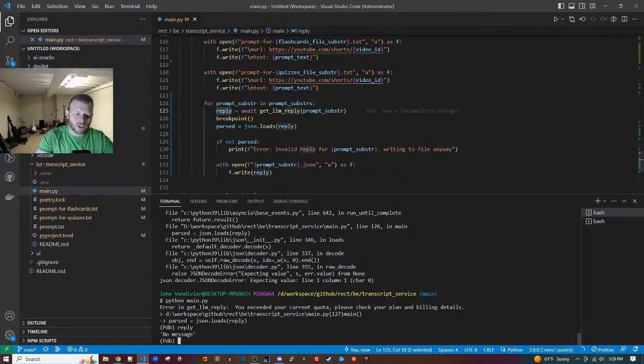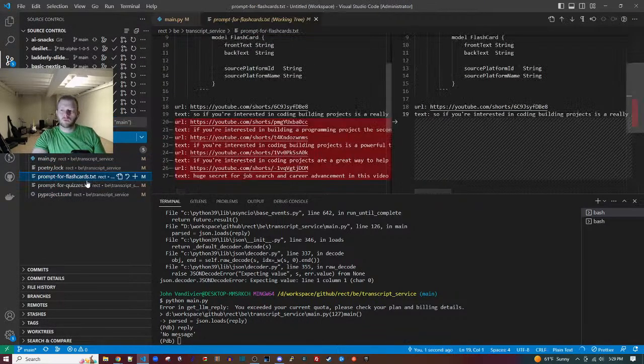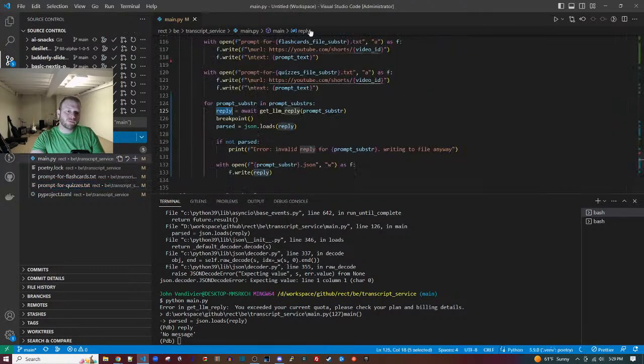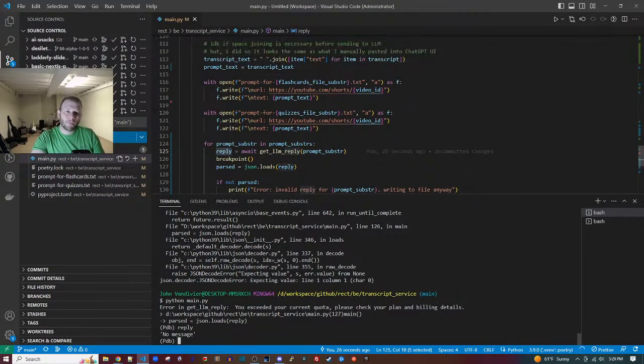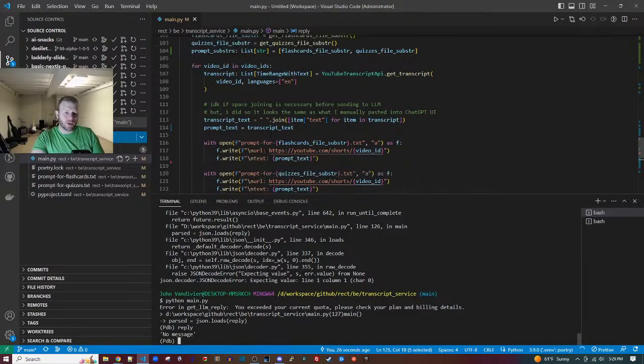Reply says no message. Error in LLM got reply. You exceeded your current quota. Ooh, why is that red? Flashcards is red? You could just be out of credits with OpenAI.